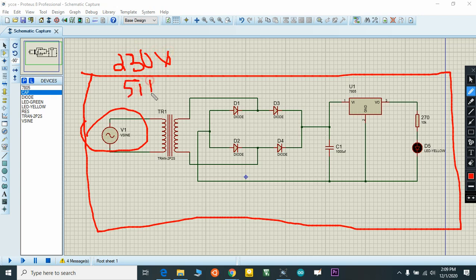Here you need to supply 1000 UF, and this is 270. Okay, just wait, I did not change.